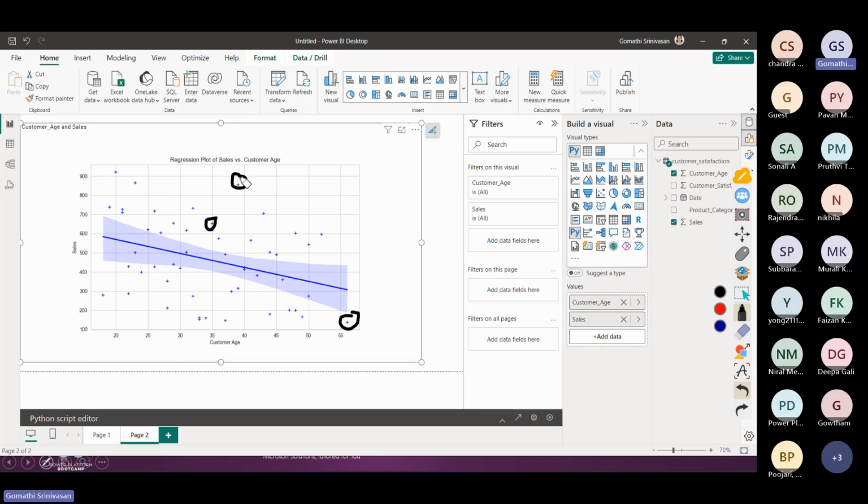This regression plot will definitely help you to understand the outliers or anomalies, which are extremely far out. On that particular data you have to be very specific and concentrate, because that may affect your model if you are creating a machine learning model or something. And the tighter the data points around the regression line, the stronger the relationship between the two variables. So here you can see